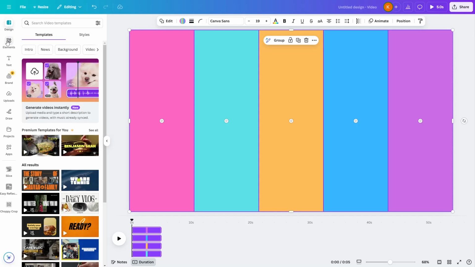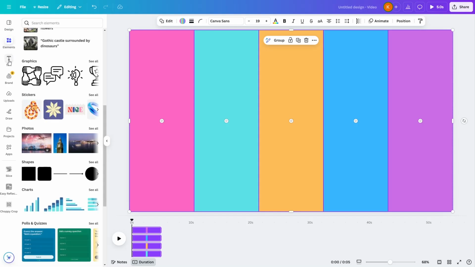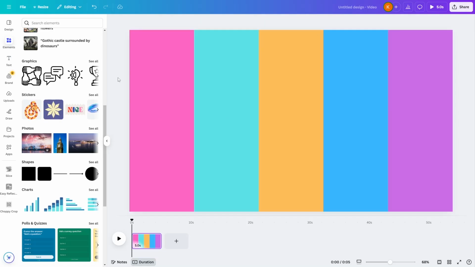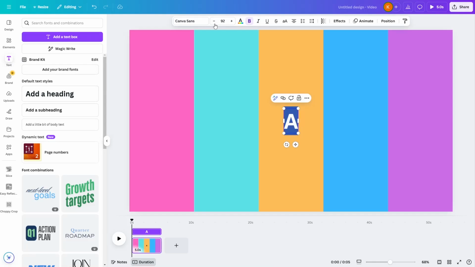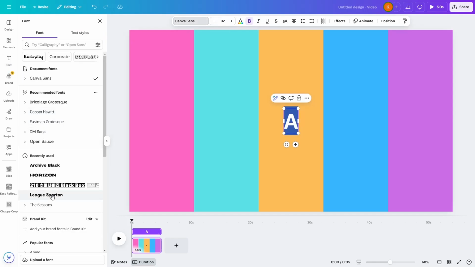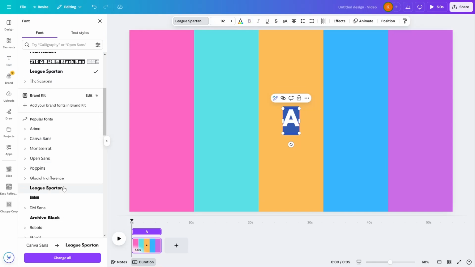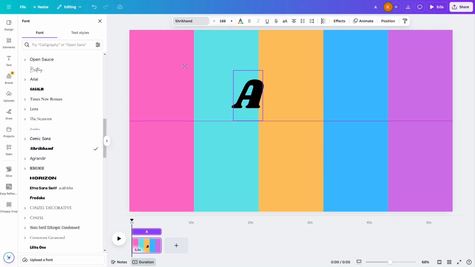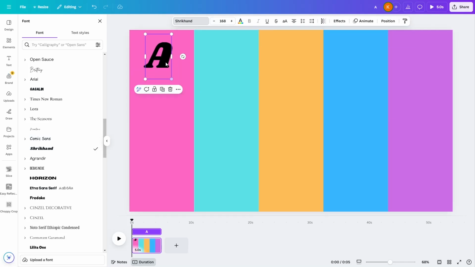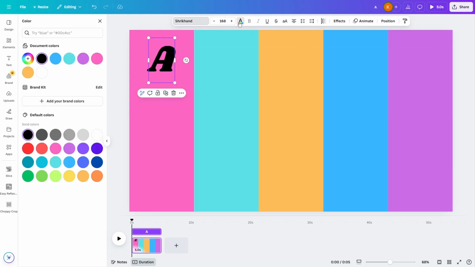Go to design. But first, let's add some labels for the rectangles, for the segments. Go to text, add a heading, and then let's say if we name it A, B, C, D, and E. So let's choose a font, for example, Shorthand will do. Make it larger, just like this. And then let's say if we want to place it here, make the color of the text white, and then